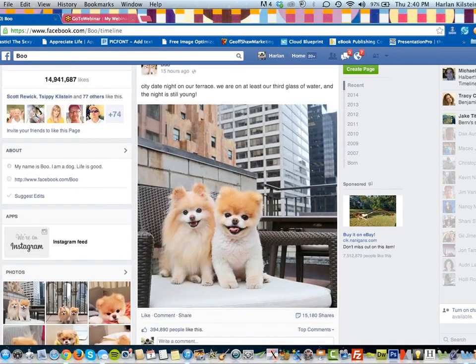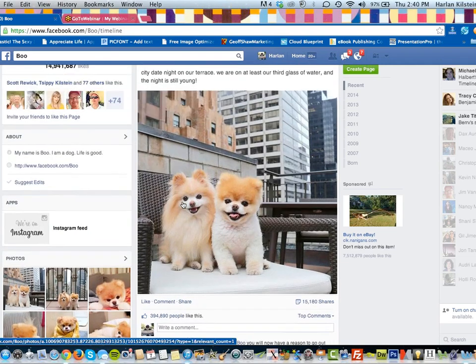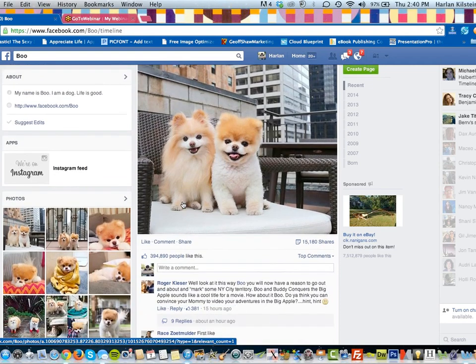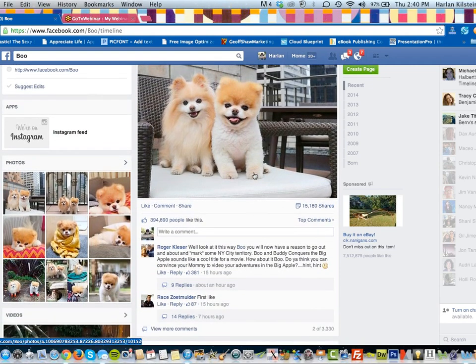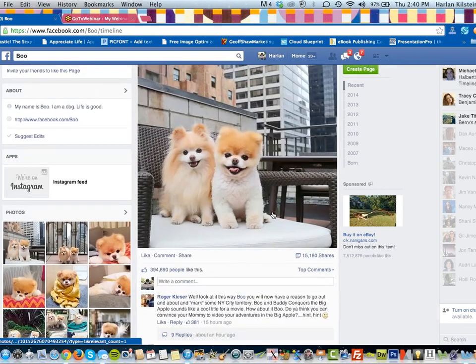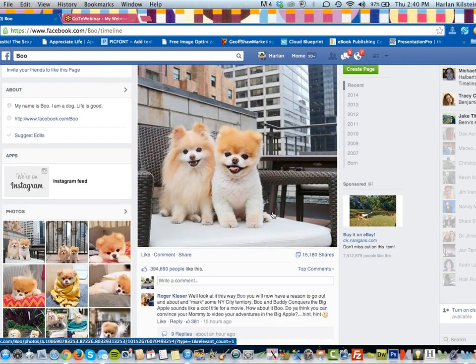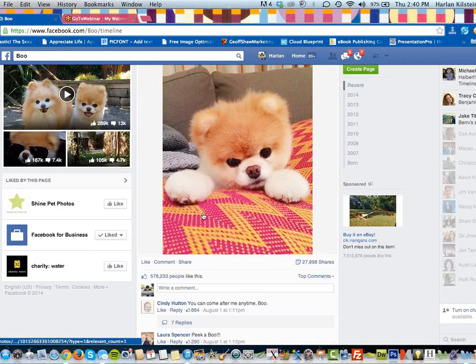So here, Boo's got 350,000 people like that. That's pretty amazing. 15,000 people shared it, and she gets 3,300 comments. The only problem is these are not buyers. These are people who like pictures of Boo. So as you go through them here, when it's just a picture of Boo, who is, of course, the hero, who is as cute as anything,